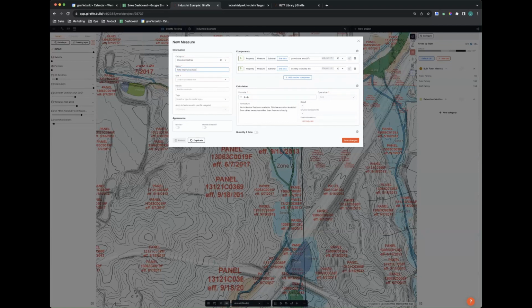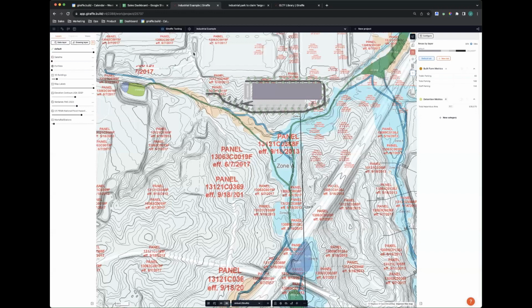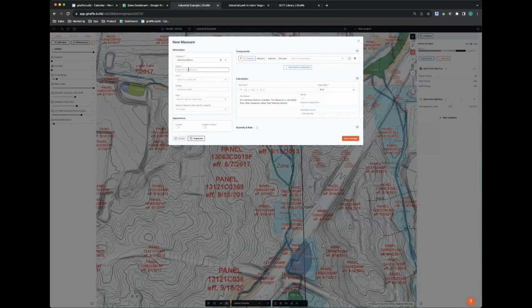Assuming we haven't used porous concrete or something like that. Again, way out of my depth to give any kind of guidance there. And we'll call this square feet and we'll save. And then we'll add another metric, which we'll call detention